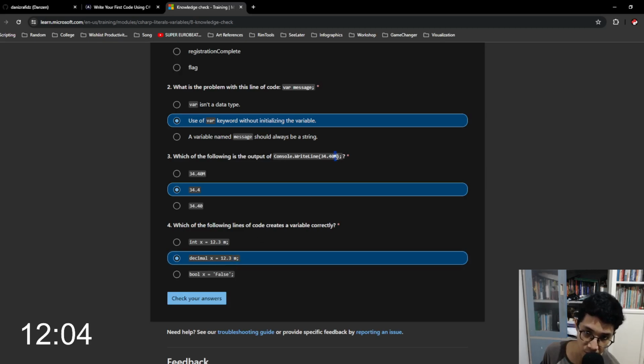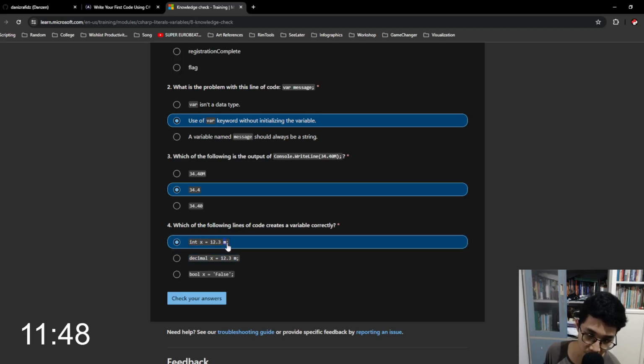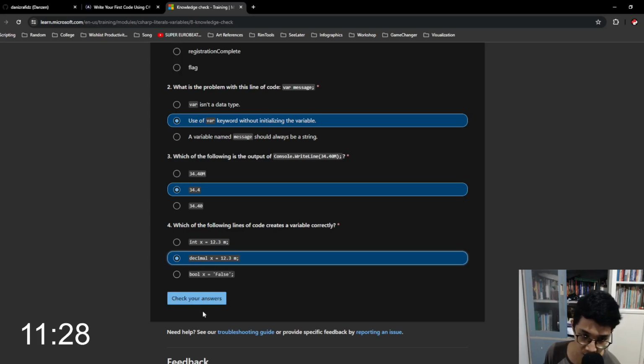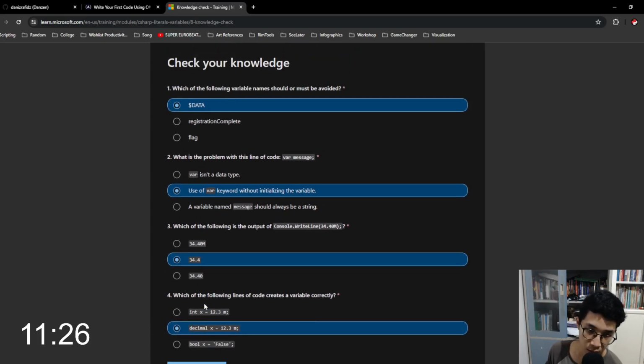Why does this have no space, but this one has a space? I still have no clue, but I think the correct variable one is decimal, because there is an m in here. Integer should not have an m. Integer doesn't have any suffix, just like double, and an integer doesn't have a fractional decimal, so there should be no dot and m suffix. Only decimal is the correct answer. So yeah,